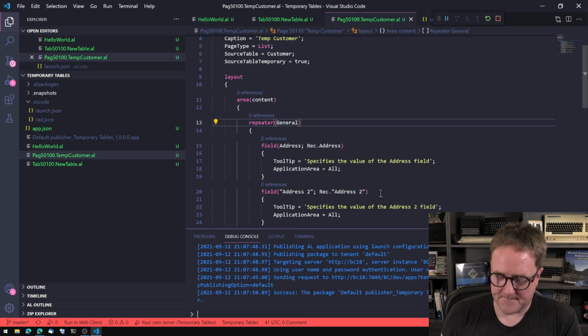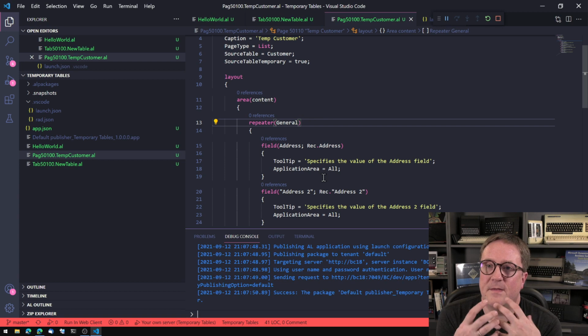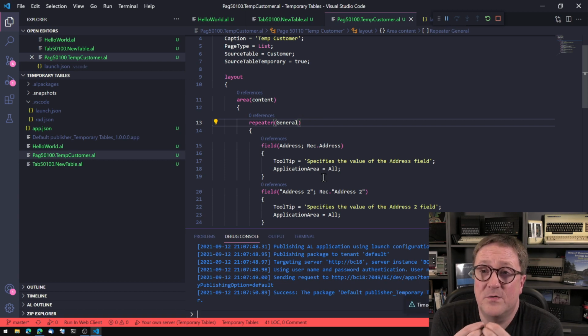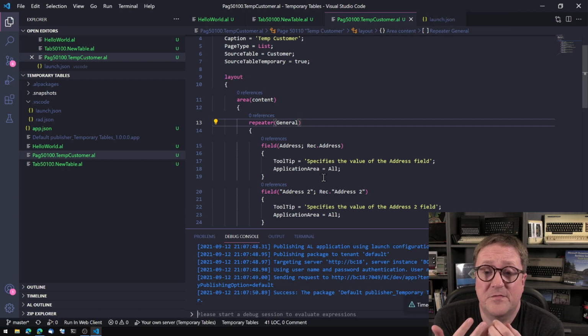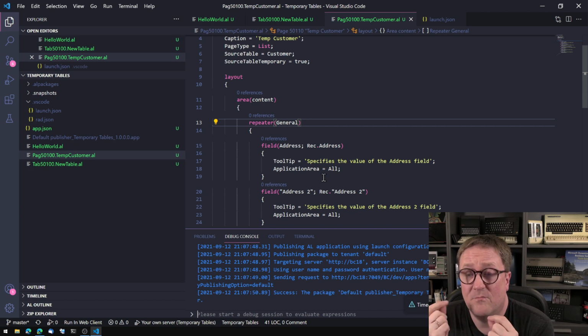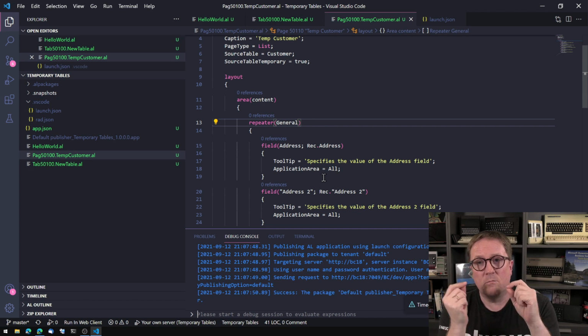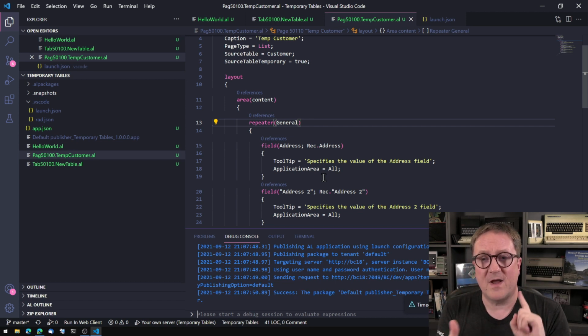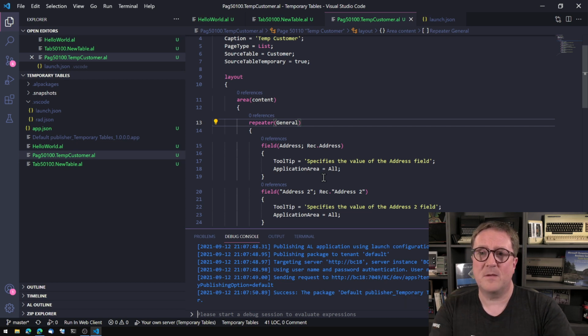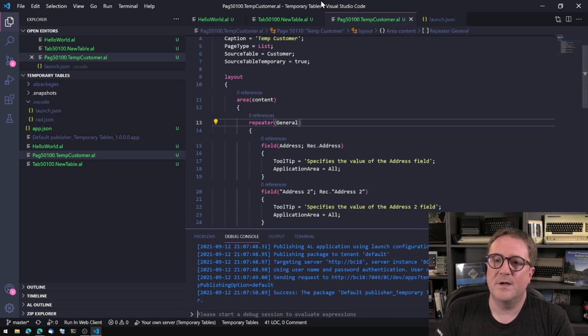So, because when this page is open, we get a new instance of a record, even though it's temporary, so rec is a new variable. We kind of have the same on reports and on XML ports, where you can mark a section with the is temporary moniker. But they have the same problem as this page, that now we need somehow to connect this